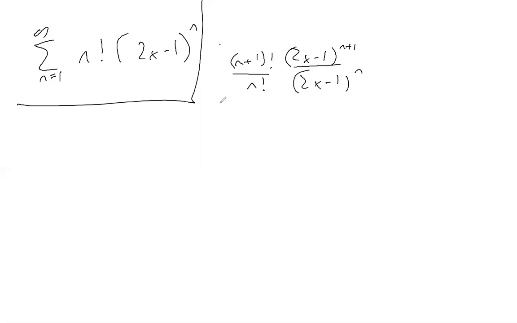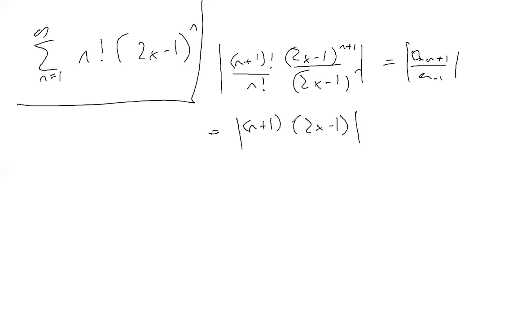This is my ratio test, a n plus 1 over a n. Now I need to simplify. n plus 1 factorial over n factorial simplifies to just n plus 1. And then what does this simplify to? Just 2x minus 1. Now I want the limit of this to be less than 1. But what do I know about the limit of n plus 1 as n goes to infinity? This limit is going to infinity. So no matter what x is,